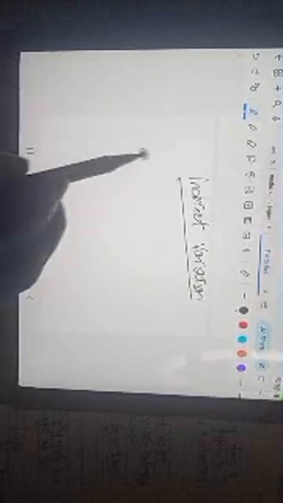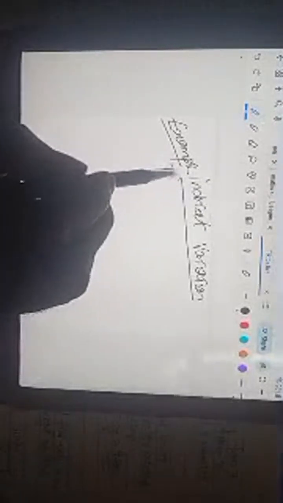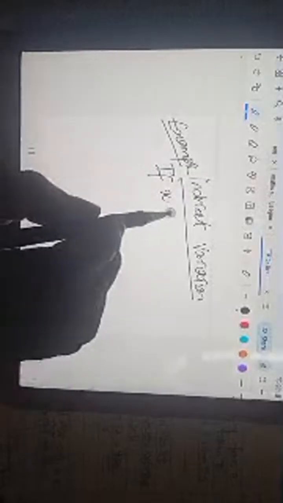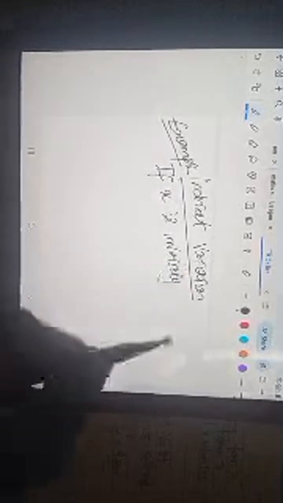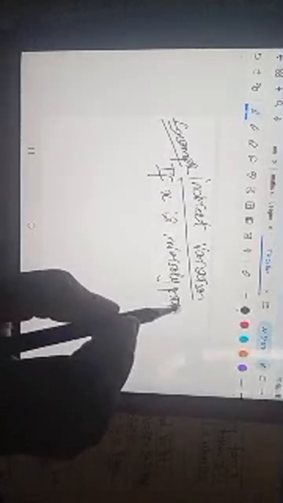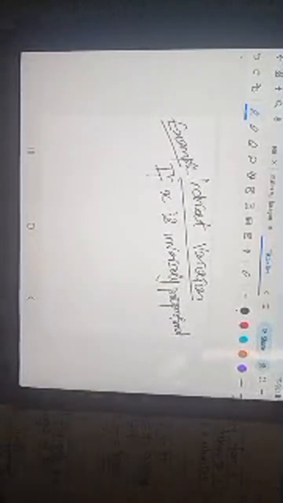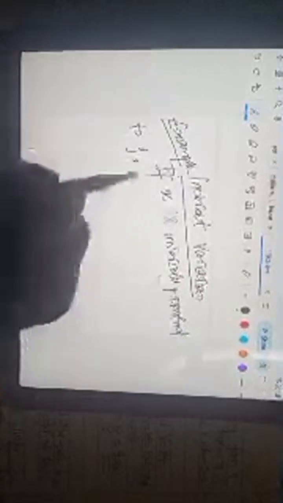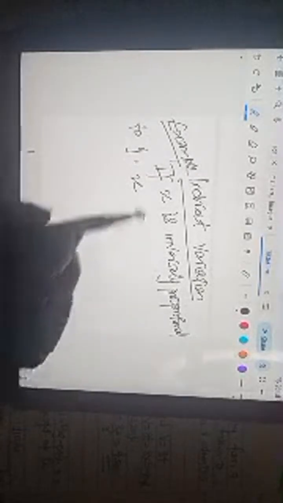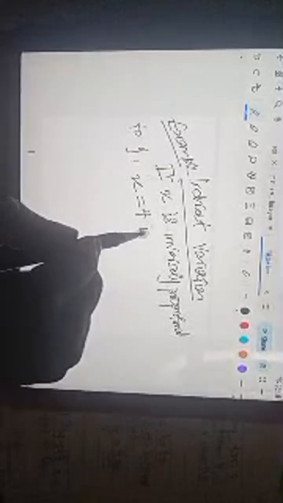So we have, for example, if x is inversely proportional to y, x is equal to 4 when y is equal to 6. The question says find